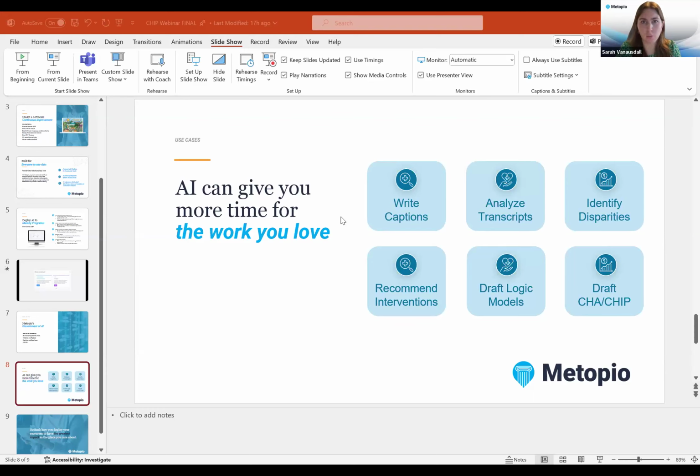Sure. I think one of the key strengths of having the dashboard in Metopio is being able to share it with partners. So just that frequent and continuous communication and collaboration. So it's not once every 3 years, okay, we did this, but annually or more frequently. I think it's the frequency of the communication and the collaboration that's really key to making sure that individuals are aware of the successes and you're able to communicate those accurately. I don't know if either of you have anything to add to that.